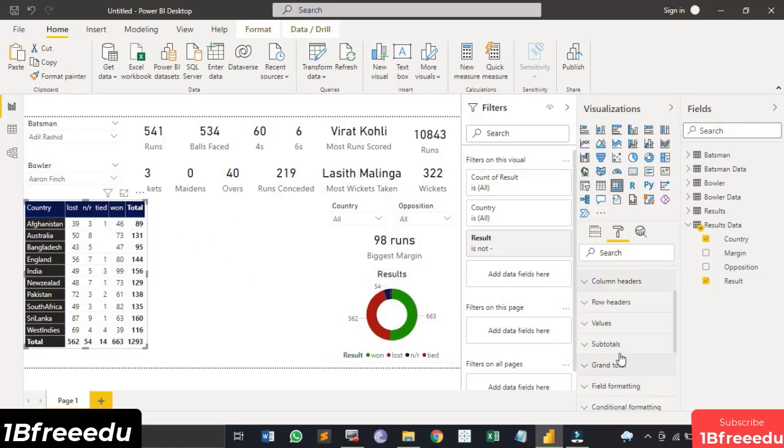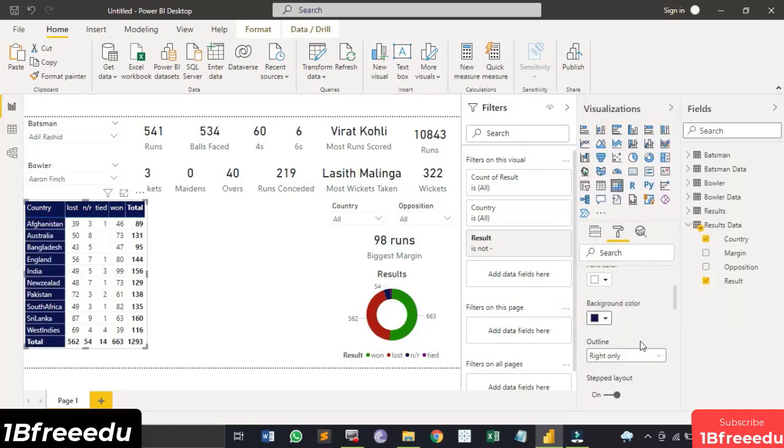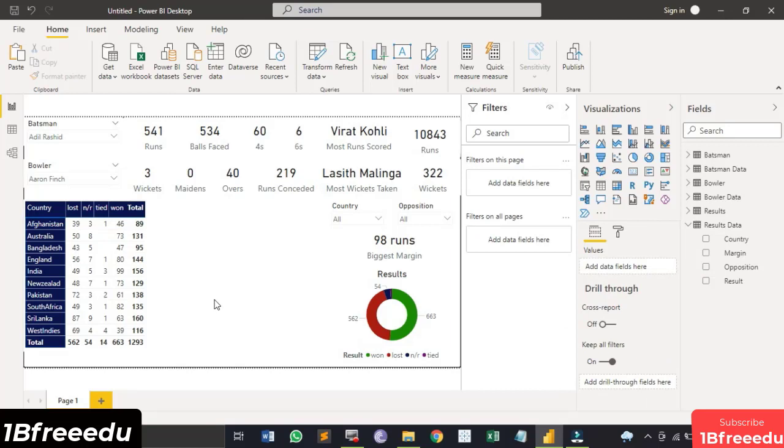Also you can change the font color, the font family, etc. Simply for the row headers as well, you can just select it in blue. You can just select the outlines as well, like I want the whole outlines to be there. You can adjust the size if you don't want these drop downs, these scrolling bars to be visible. Okay, so this is how my table is looking and I'm pretty happy with it.